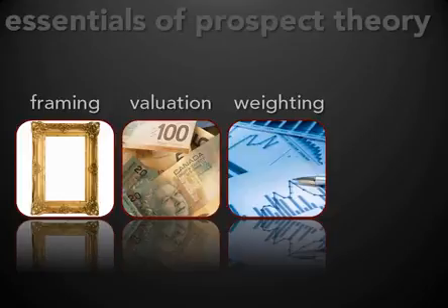Implicitly, economic theory says that we have very good judgment in terms of our probability assessment, and we can determine whether something has a 23 or 25 or 32 or 78% likelihood of occurring. What prospect theory says is that's a load of bunkum. In fact, prospect theory says we're acutely sensitive to very, very small probabilities, and that's why we're willing to enter into buying lottery tickets, for example, where there may be a 1 in 30 million chance of winning an astronomical sum of money. The likelihood of us doing